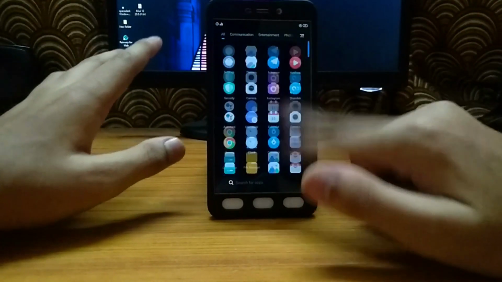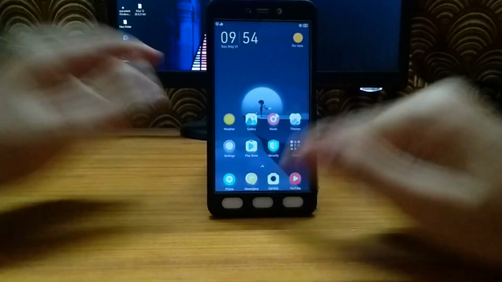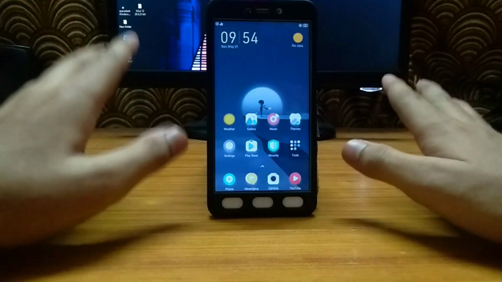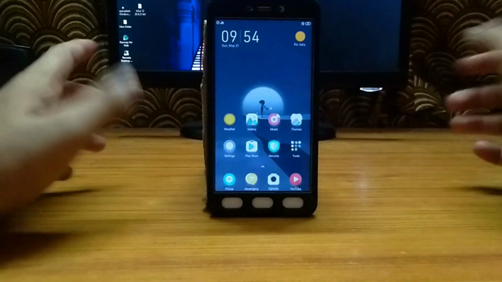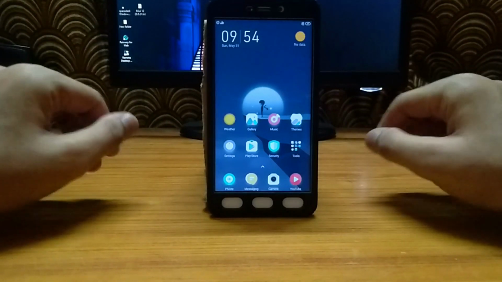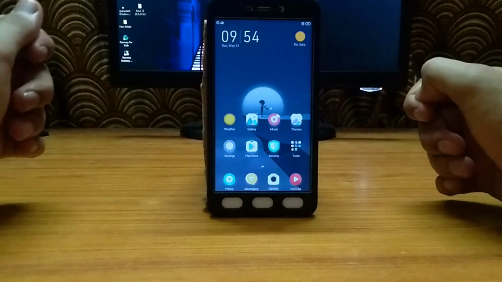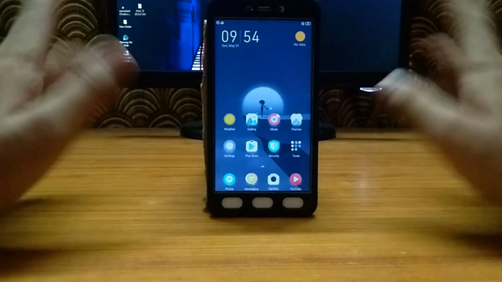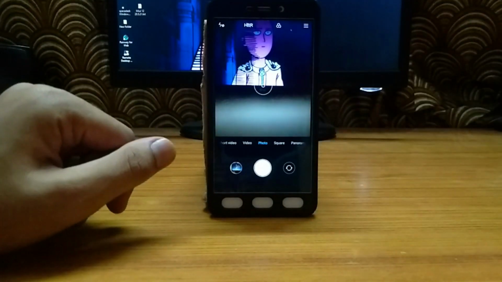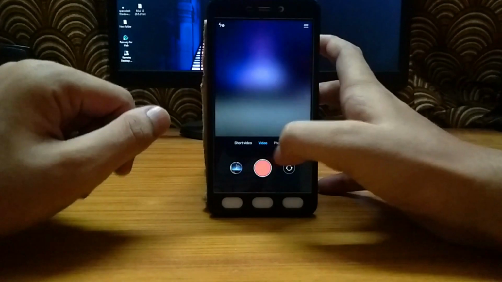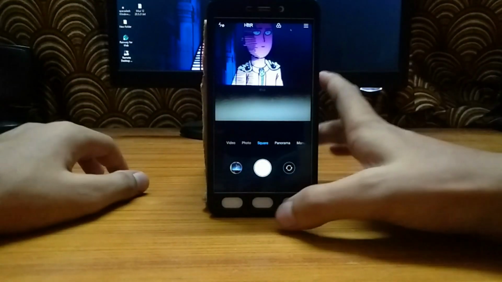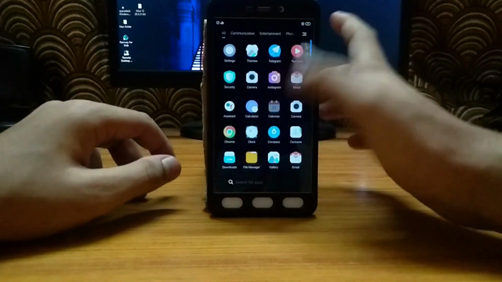But if you want to try this ROM, and the customization that you can get in it, the customization is amazing in my opinion. The catch is that the battery life is not that great, and sometimes you get performance dips, but most of the time I get good performance out of this ROM. And let's look at the camera. As you can see, it's a pretty minimal camera that you get in MIUI 11, everything.